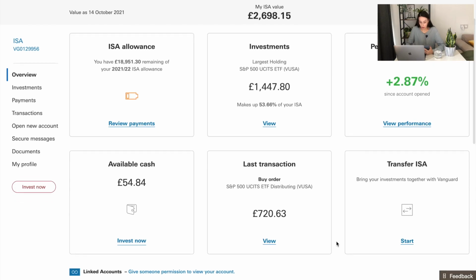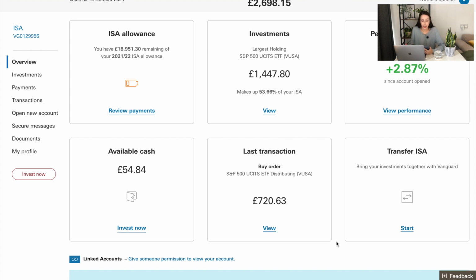So if we scroll down here, some very, very big changes have happened for me this month. You will now see that my largest holding, my largest investment, is now in the S&P 500. And that makes up 53.66% of my ISA. Last month, my biggest holding was in the FTSE 100, which made up just over 60%